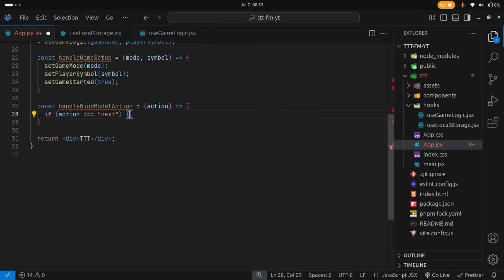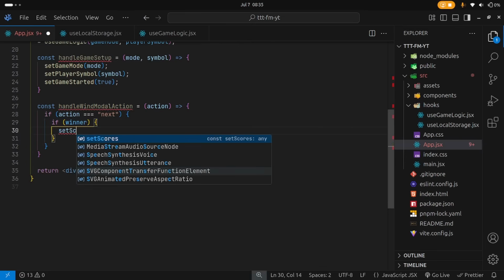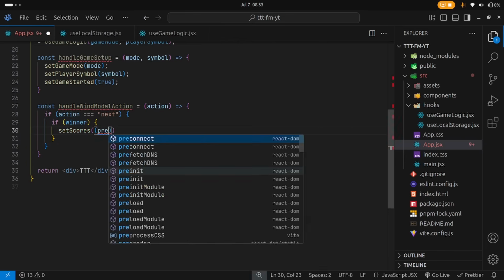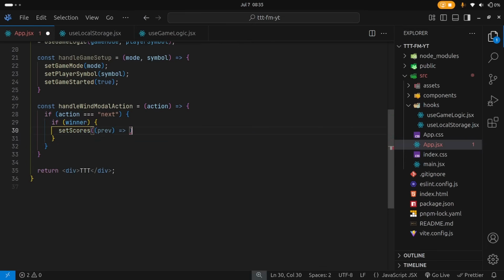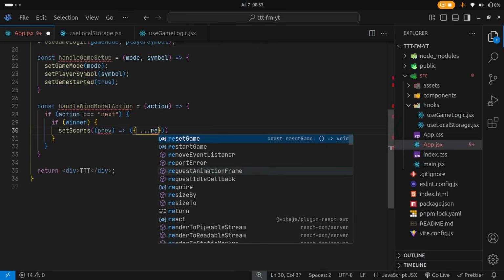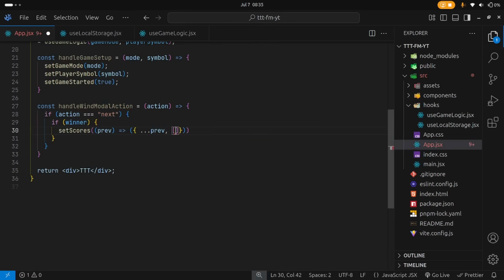If that is true, then we want to go ahead and update the scores first of all. So if winner, then we're going to say setScores into the previous value of the scores, and then we're going to go ahead and open this up like so. We're going to take in the previous values, and then we want to go ahead and change the winner like so, and then pass in the previous values of the winner, and then add 1